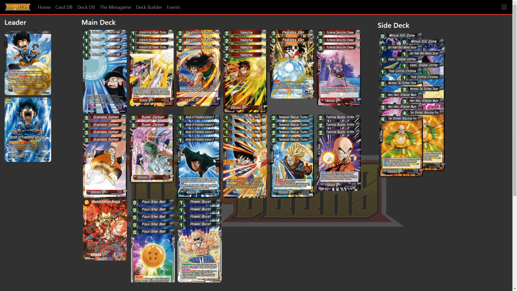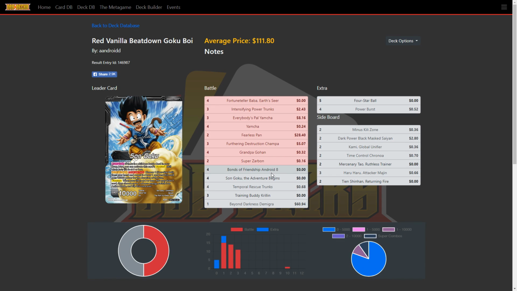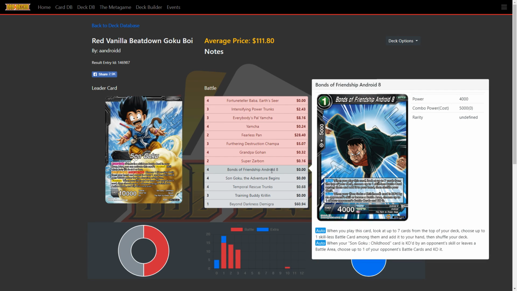Bonds of Friendship 8, and as well as Son Goku, the SR. So both of these interact with each other. And if you didn't know, because this is pretty new, if you look at the top 7, with this card, you activate it auto. Top 7, you can get a skillless battle card, so a vanilla card. And then when your Son Goku childhood card, can be any of them, can play the 1-drop Goku,